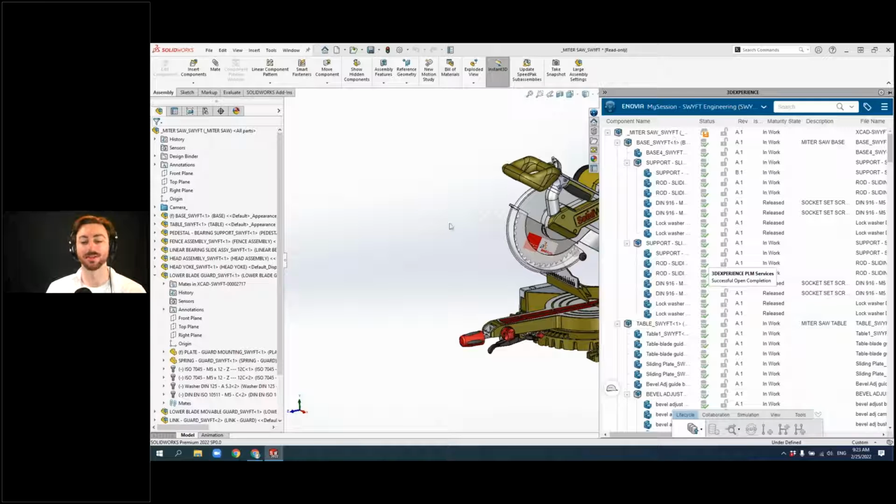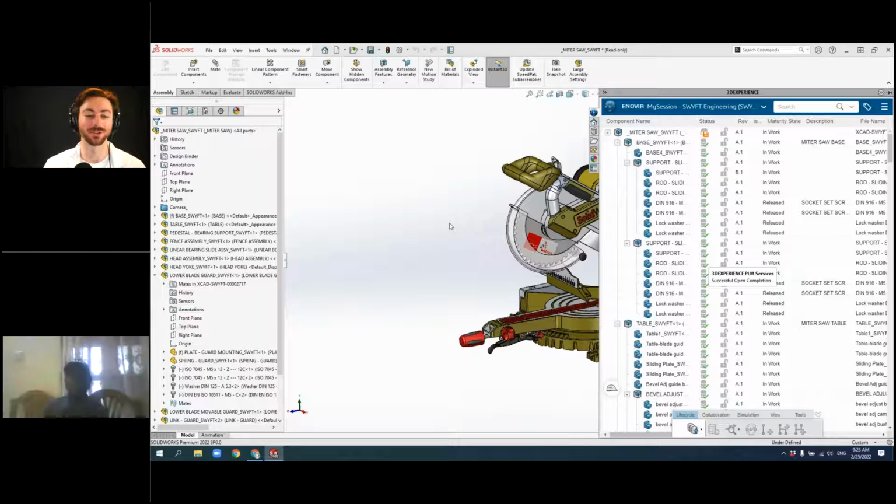So that's just the basics of the data management tools. And there's so much more. And I don't want to get too far into it because I know this is kind of an introduction on why you should care. But data management is extremely important when it comes to having a proper process and foolproofing your workflow.